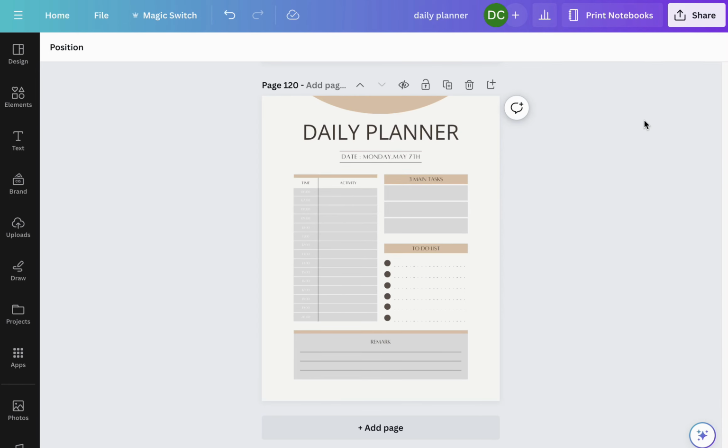You can now create as many templates as you wish, and sell them either as printable templates or full journals